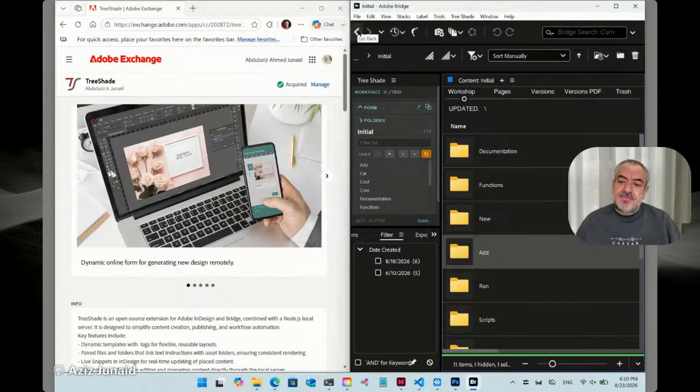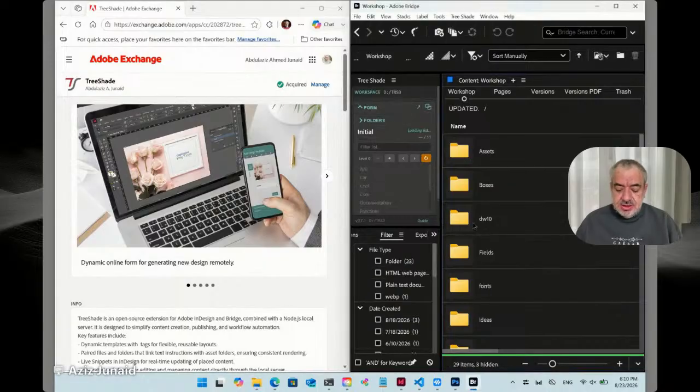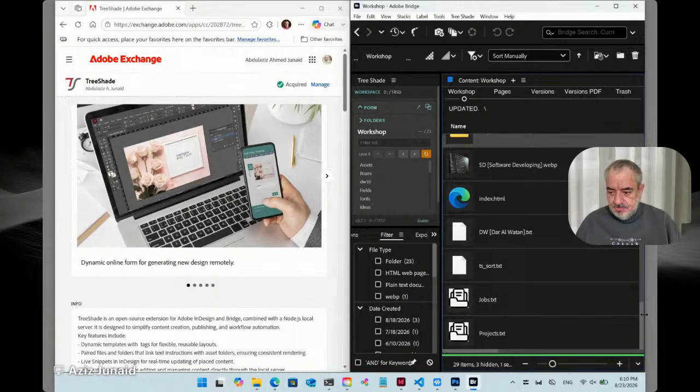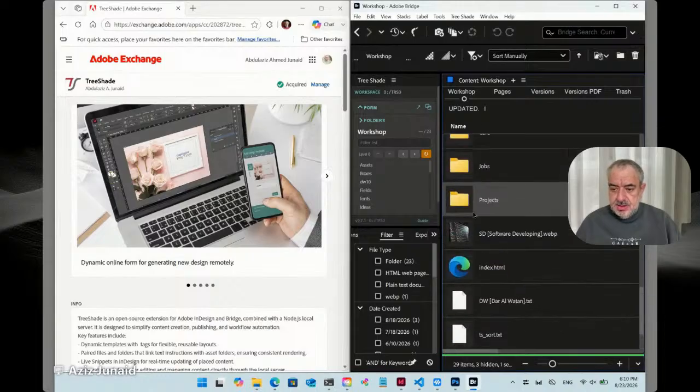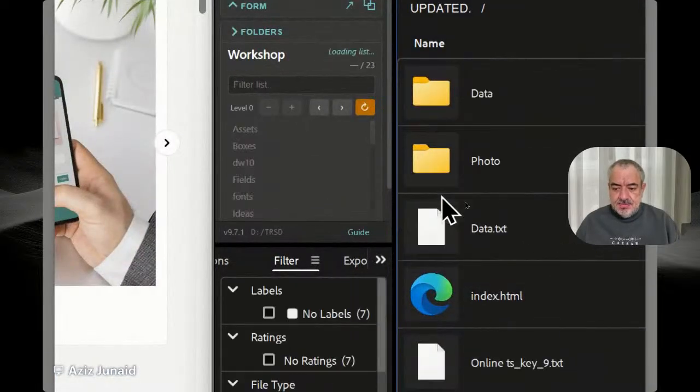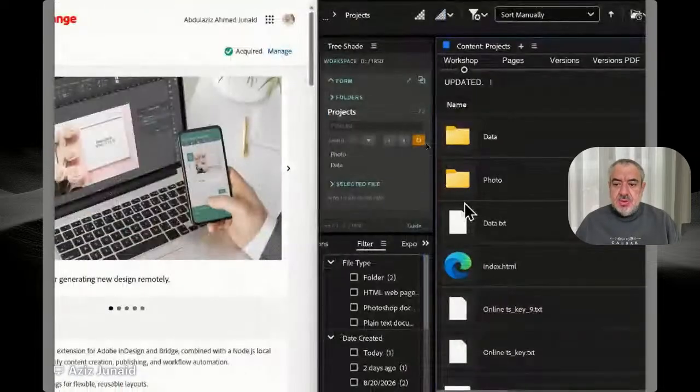Anyway, inside workshop, you will have a folder called projects. Open that folder, and from here you can open